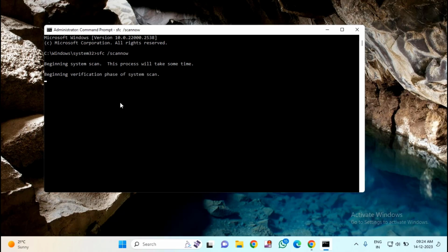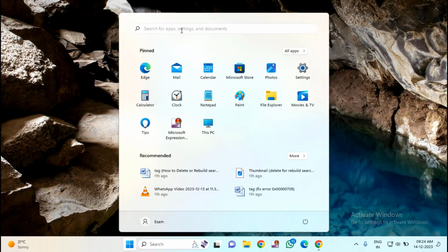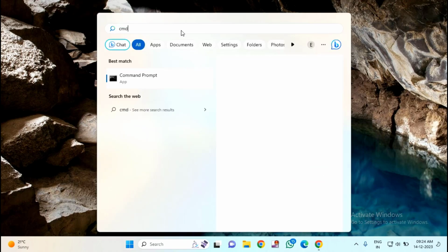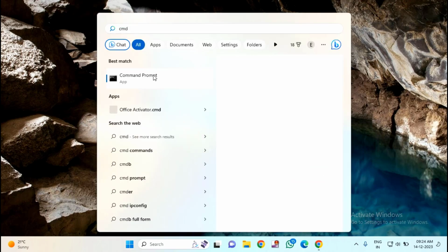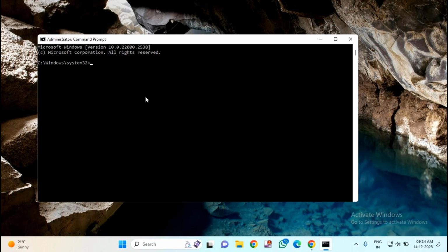After completion of this, you need to type the second command. You have to wait until it completes, then close this window, open cmd again, then run as administrator. Then type the second command,